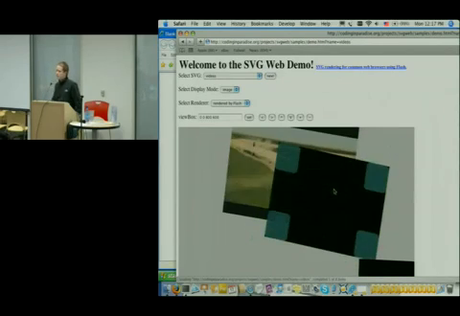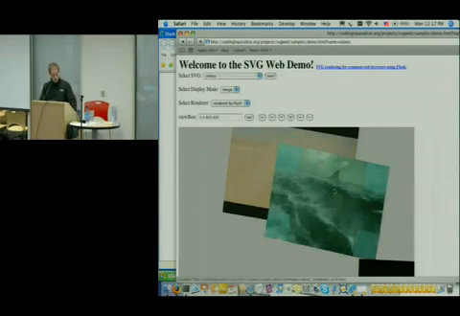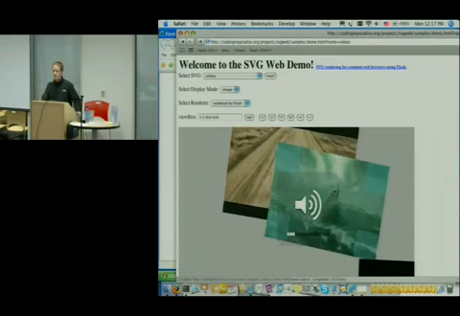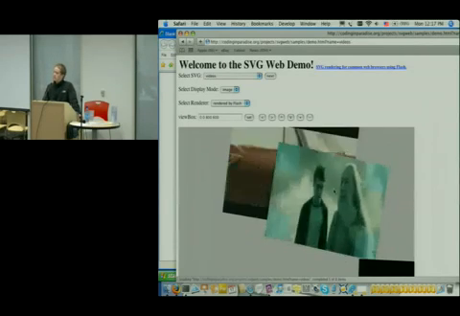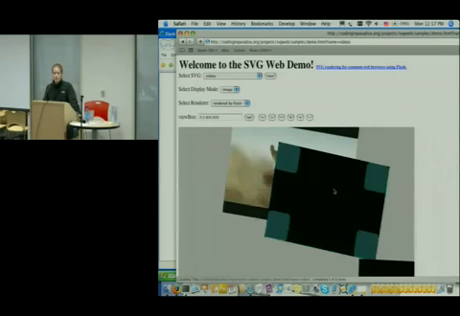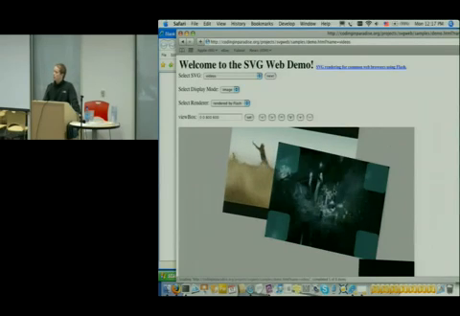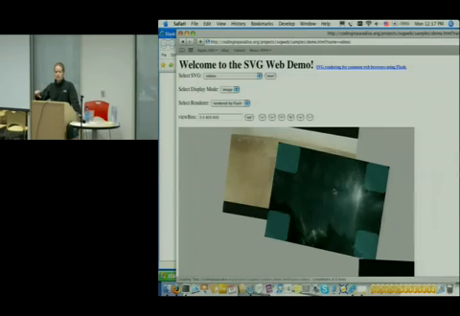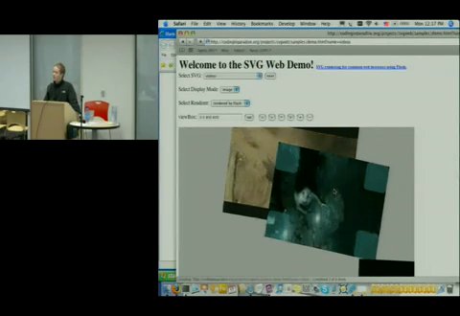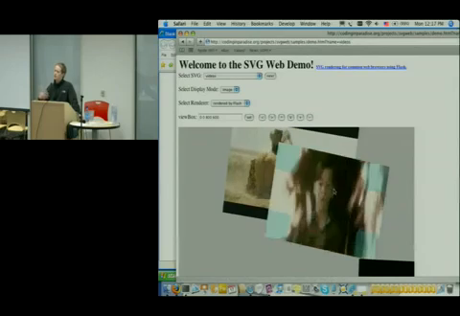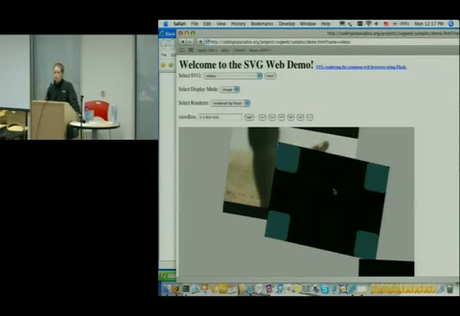Now that's really cool. That means that on your project, you can start by using the native support in all those other browsers. But then if you hit some bug in the native implementation, or you want to use something that may not be as widely supported yet, you can then toggle on SVG Web, and it will start using the same magic. And you'll see the same thing. The JavaScript will interact with the SVG, and it will look and feel like it's really a part of the browser.